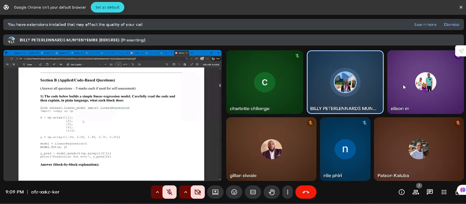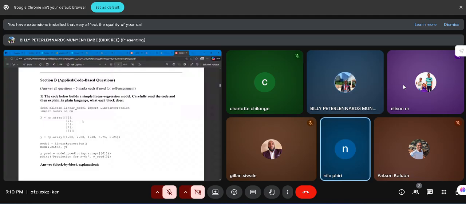Remember, if you attended residentials, we talked about packages, modules, and libraries. By definition, we said a module is a collection of code, when you put them together you form a module. And then a collection of modules is what you call a package. So something that has a lot of modules inside, you call it a package. And a single